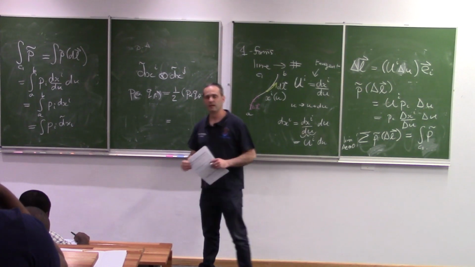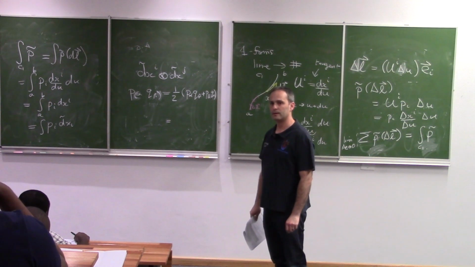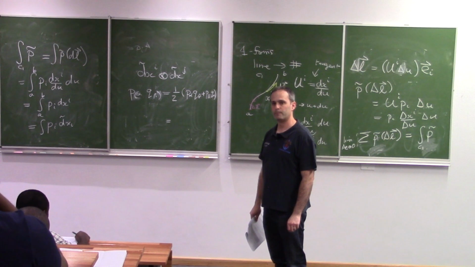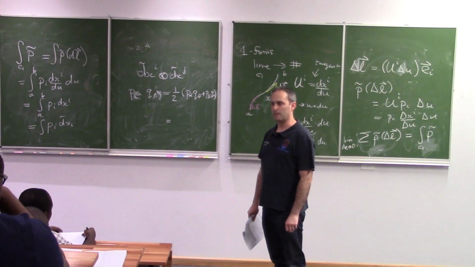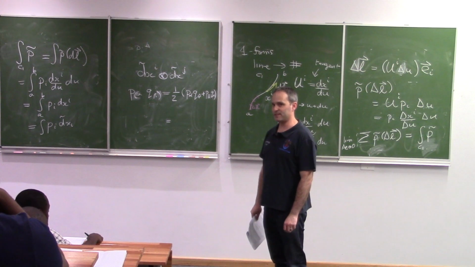Yeah, question? So we said that one form can map a line to a number. Yeah. So we did that by integrating, we collect all of the tangent vectors by acting with the one form. Yeah. So can we also act on the surface and collect all of the tangents? Yeah, fantastic. So you've